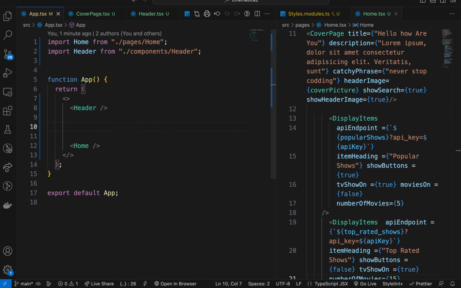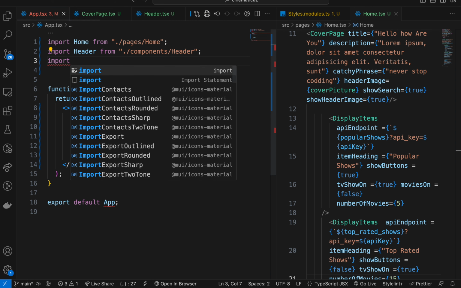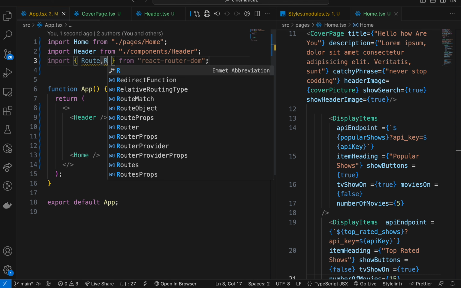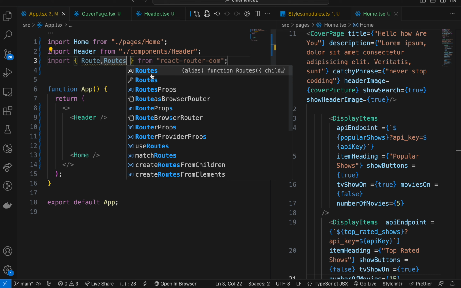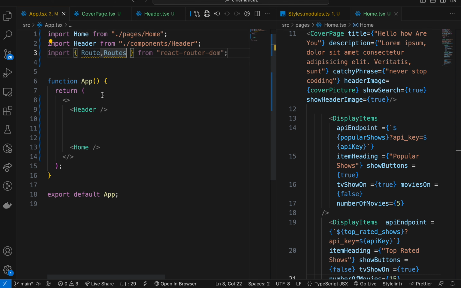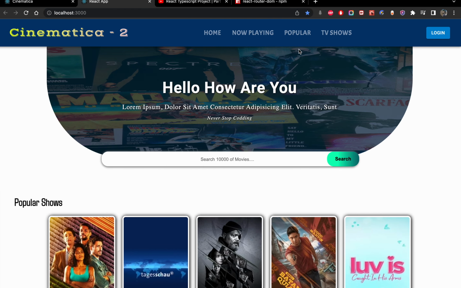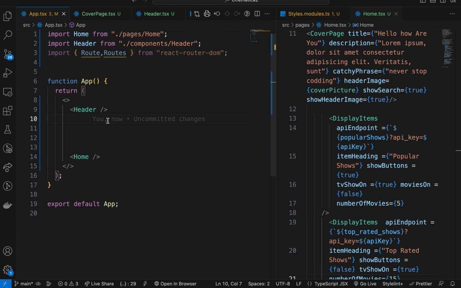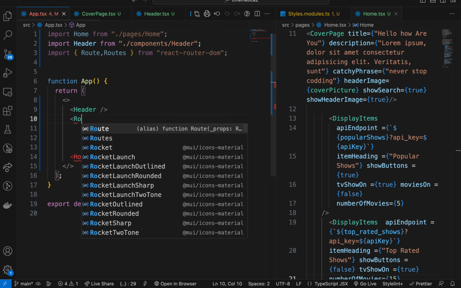and inside the app we will import route from the React router as well. So what we're gonna do here is we need to import two things from React router. So first one will be import route from React router and routes, or routes, whatever you want to call it. And then here what we are gonna do is we're gonna keep the header up there because we want to have header in every page, right? So we want it as it is. But so we're gonna come at the bottom, we're gonna open up our routes,